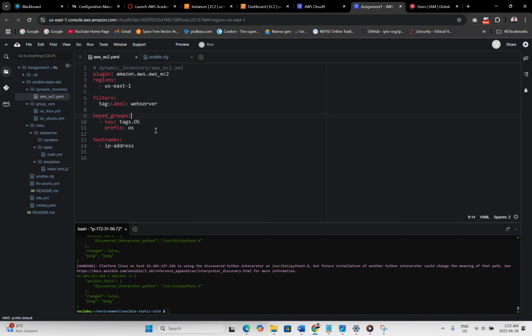This is a dynamic AWS EC2 plugin configuration file. This enables Ansible to automatically detect newly launched instances that match the right tags. Here, as I mentioned earlier, we created a tag label as web server and another tag as OS, and there are